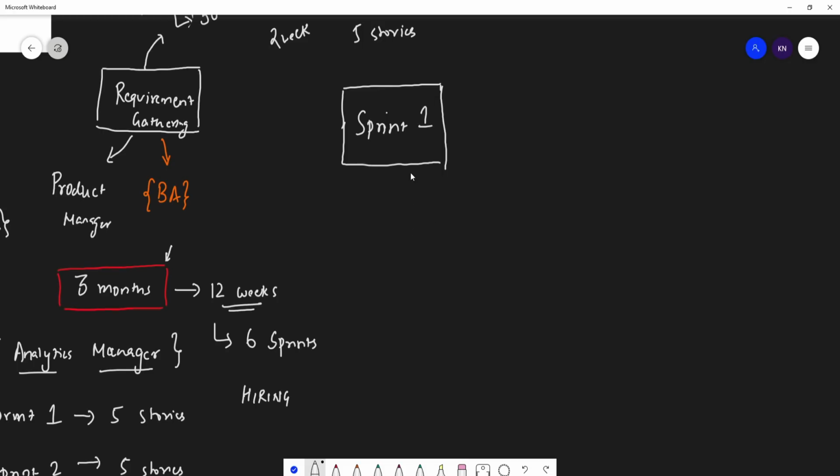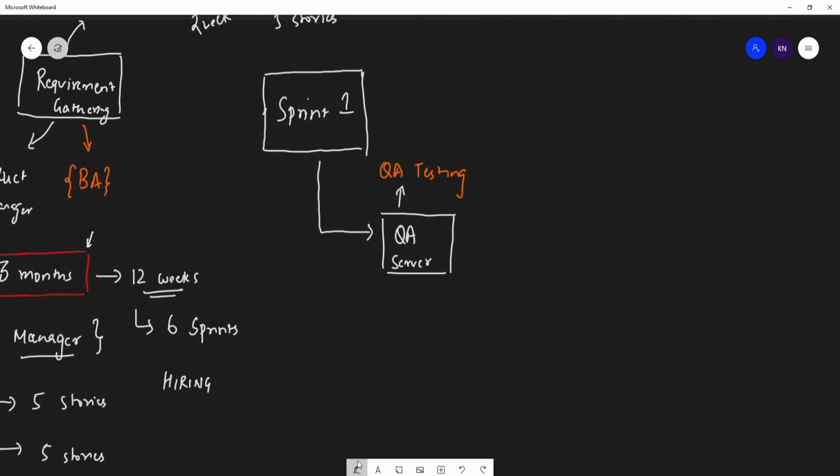then the development team will push this entire thing to the QA server. Why they do this is because the QA also needs to do the testing, right? Without testing it, how will we move this to the next environment or to production, right? So for this there will be quality assurance testing by the QA team. They will test all the stories that have been developed in sprint 1. Now this is done. Usually the development team will not stop over here.